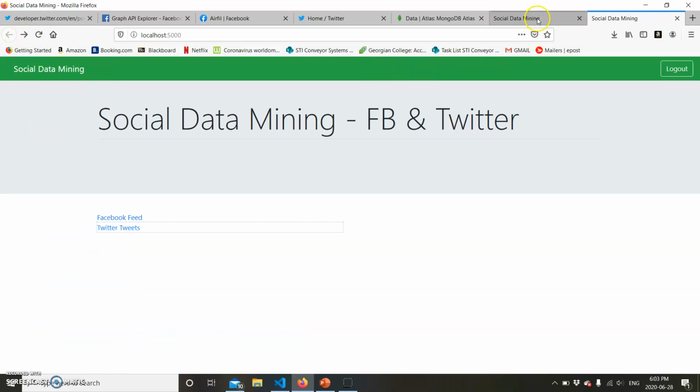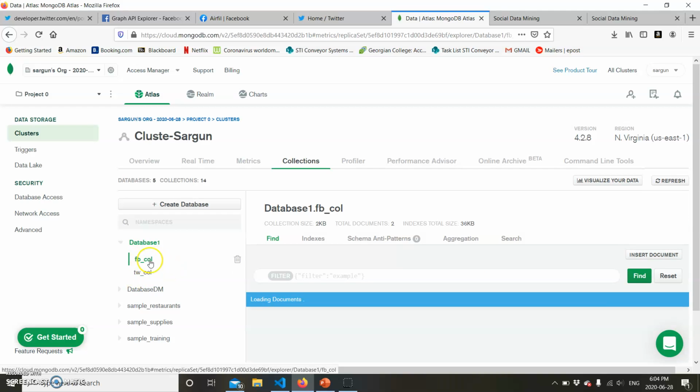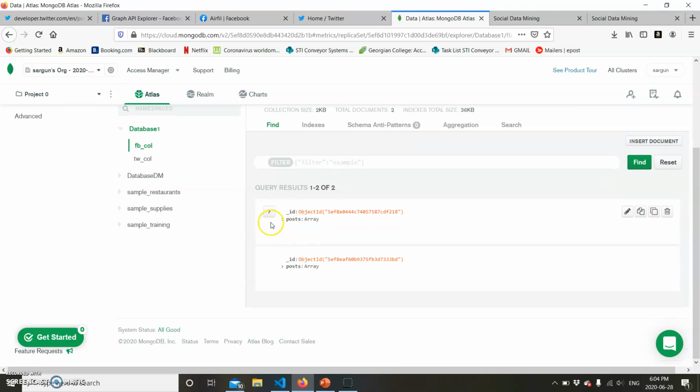Now let's see where this data is going and being stored. This is the Mongo database, and database 1 is created in the code itself with two collections, one as FV call and the second as TW call, that's the Facebook collection and the Twitter collection. Here we have our query results.